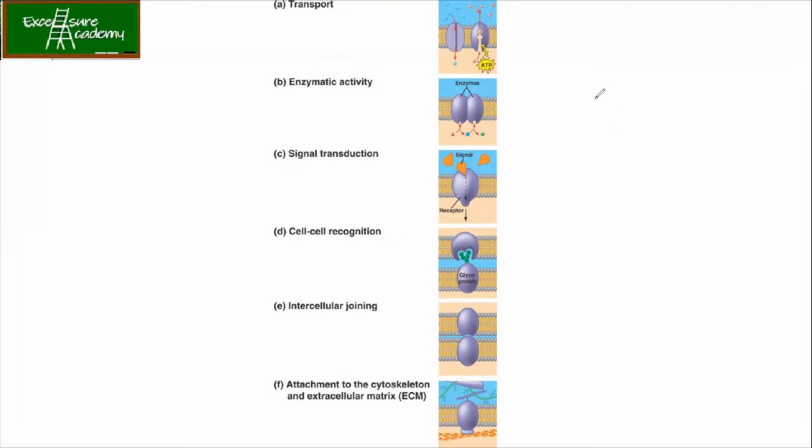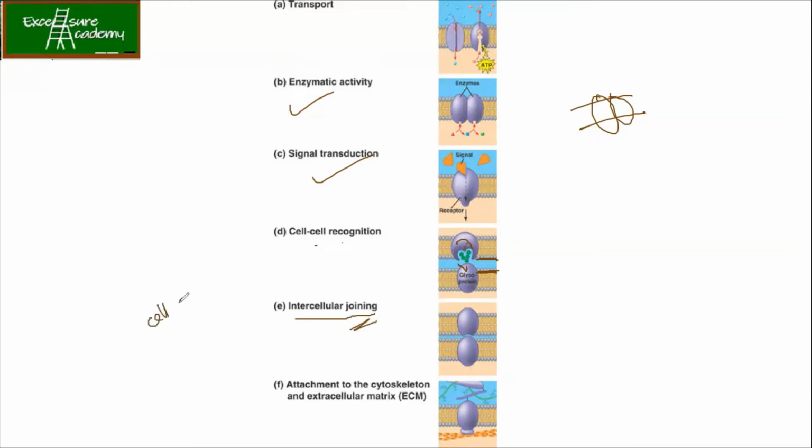So your plasma membrane and the proteins which are associated are used for the transport. They have got the enzymatic activity, of course, for the signal transduction, cell to cell recognition. So you can see that यहाँ पे दो cell membrane है यहाँ पे, right? So एक का glycan रहेगा और दूसरे का protein रहेगा, which is going to interact to understand. Intercellular joining. So where we are going to see such things in the case of the